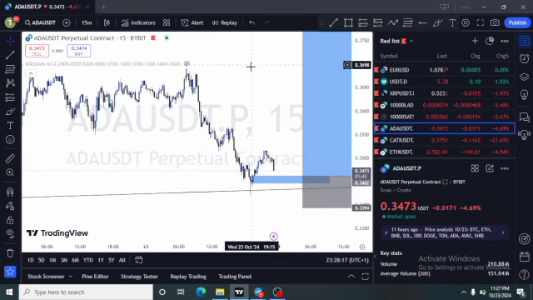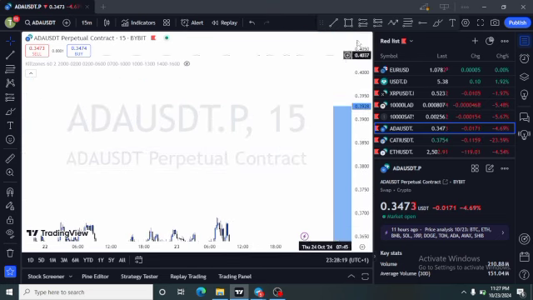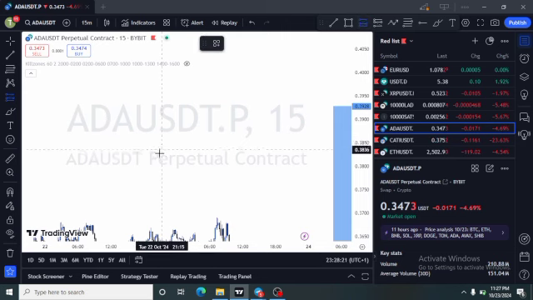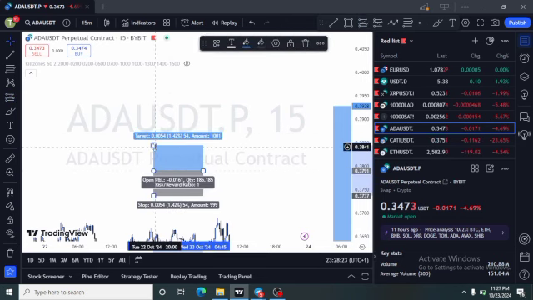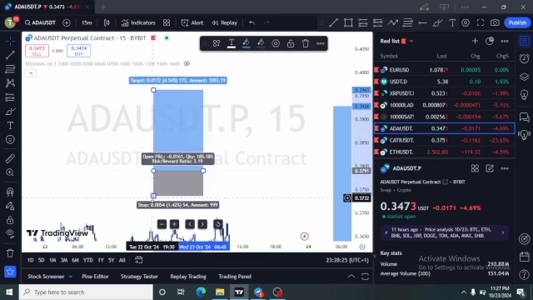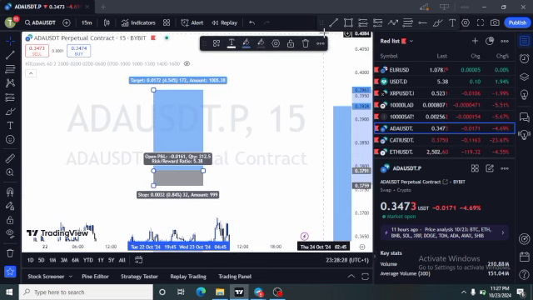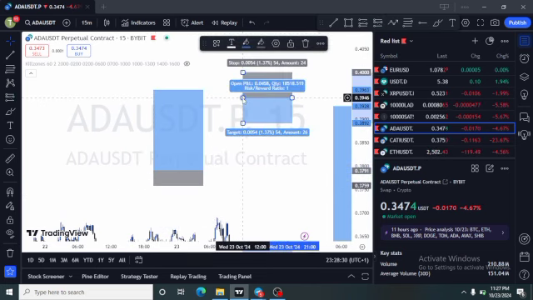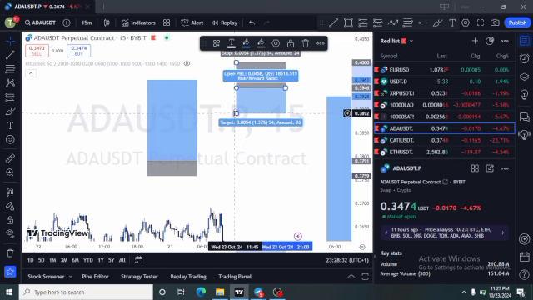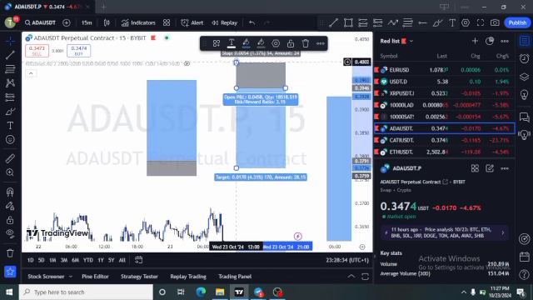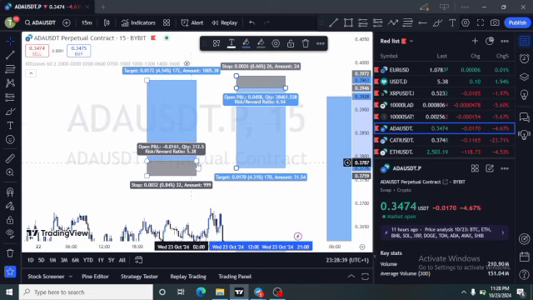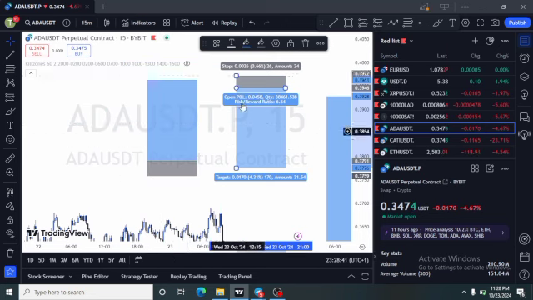If you have taken a signal before, you should be familiar with these tools. It's called the position tool. When you see a position tool where the green part is larger than the red part, or in my case the blue is larger than the red, just know that this signifies that the market will go up, and this signifies that the market will go down. So how to read a signal? There's not so much there.